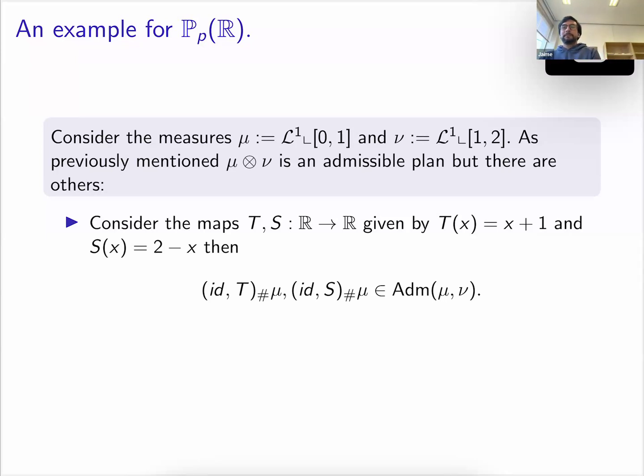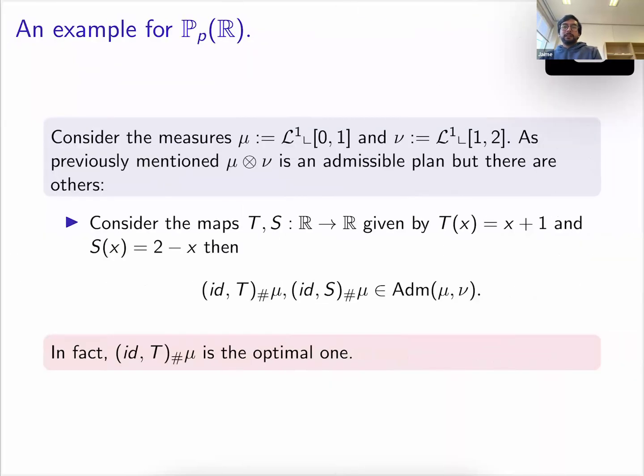Then if I define these new measures via push forwards, the identity comma T of mu and the identity comma S of mu, I will again have admissible plans. So I can have at least 3 and the convex combinations of them. And the funny thing is that you can in fact prove that for the map T,